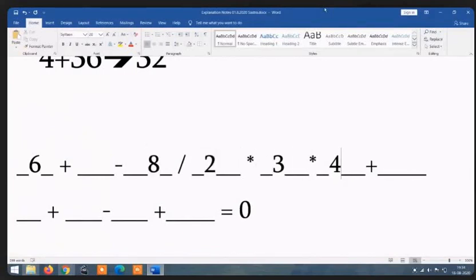So what I decided to make this as 12. Okay, so if it is 12, I should get something like,